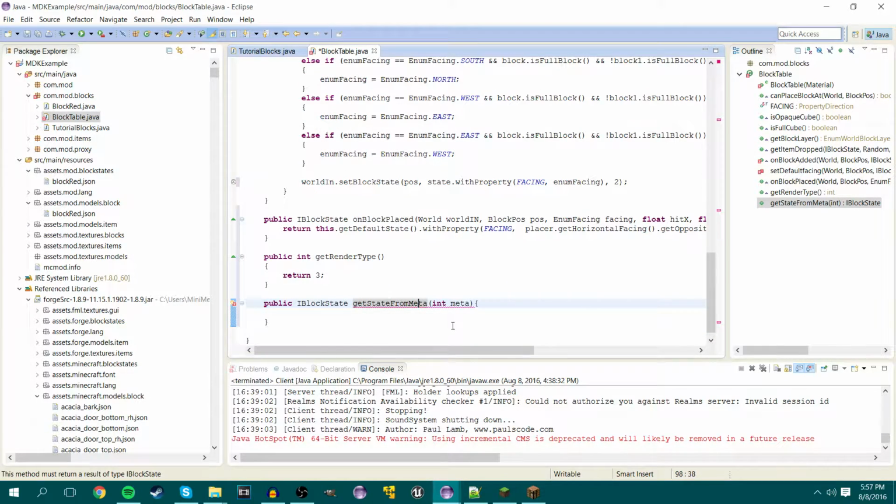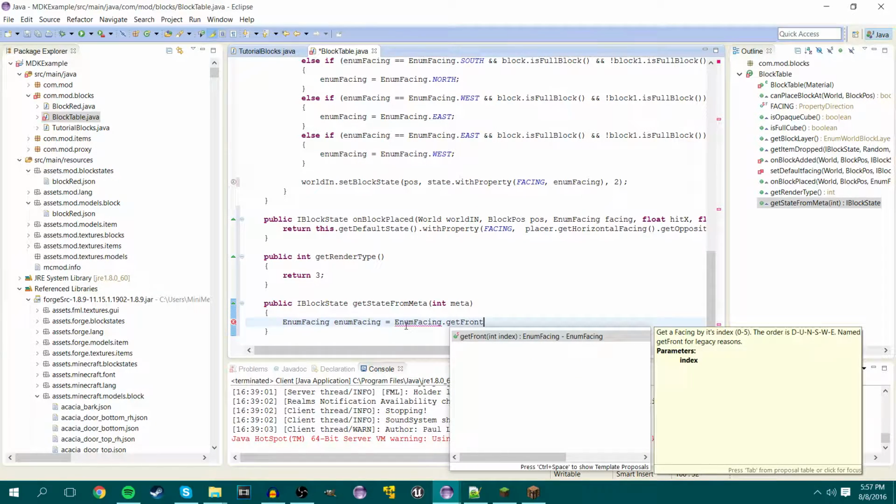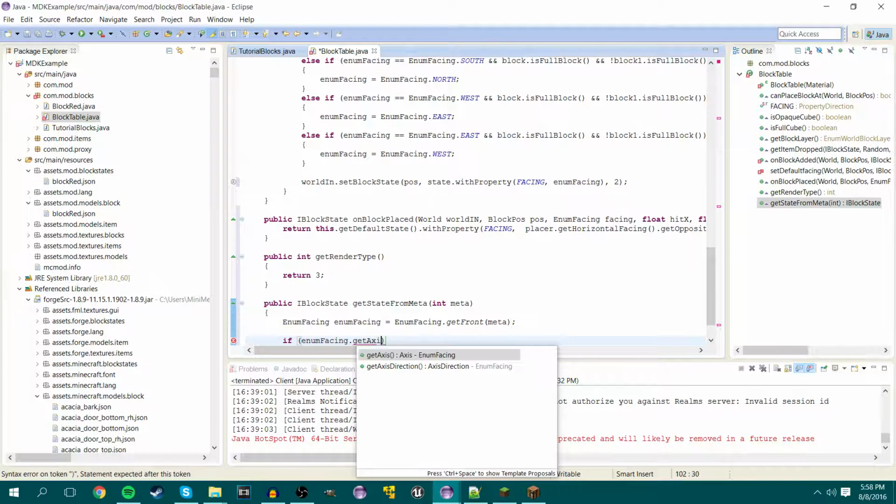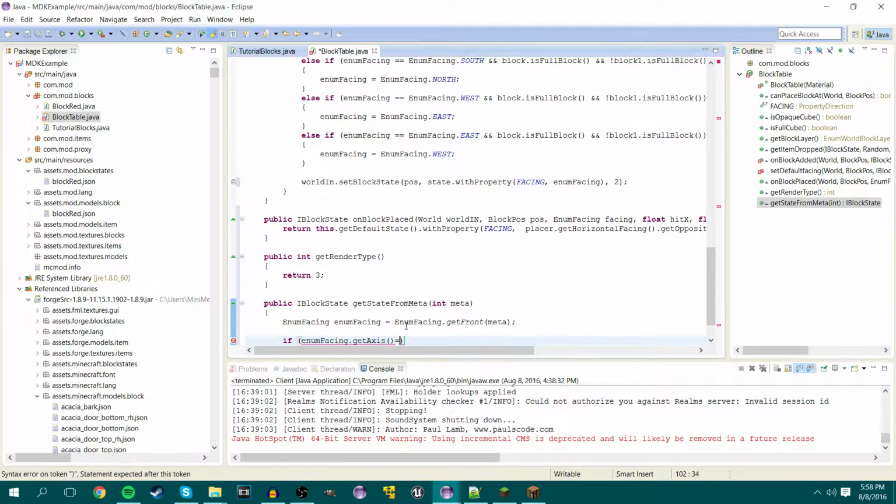Fix that capital E, and inside those brackets we're going to type EnumFacing enumfacing equals EnumFacing.getFront(meta), and then press enter twice, and if enumfacing.getAxis() equals EnumFacing.Axis.Y